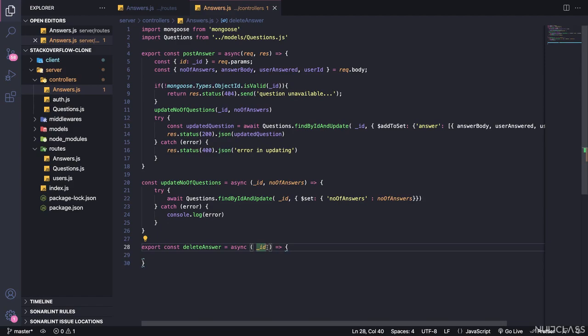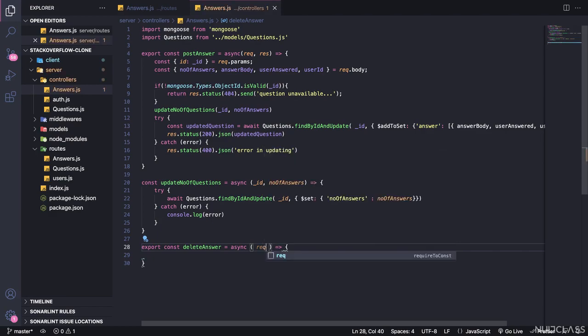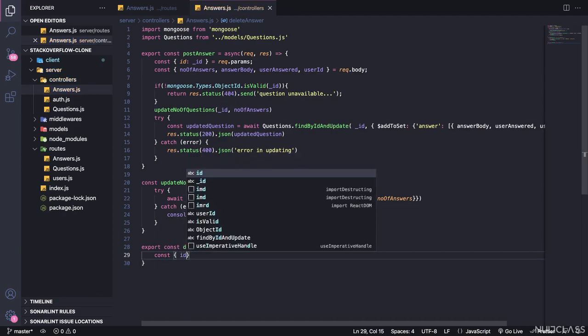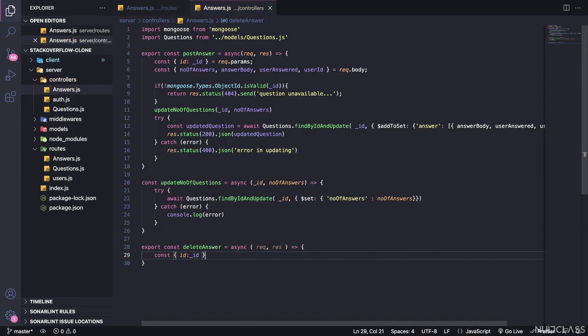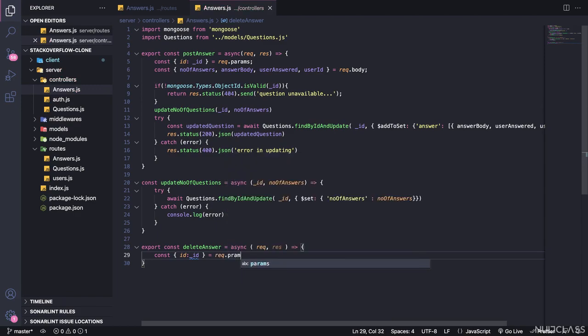Sorry. In here we will receive the request response from the front end. Yes, from the front end. We're going to receive the request response from the front end as we have done in here. So first we will get const id, which is going to be renamed as underscore id, which is going to be from request dot params,